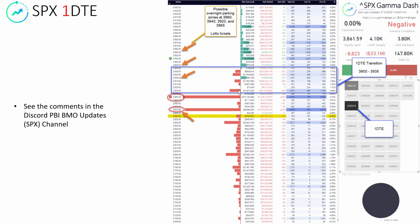The 1 DTE, we do watch the 1 DTE. So this is our view into tomorrow. 3870, 3890 are key levels. If the price is above that, these will be out of the money. Charm flows will be to the north. They will push us upward. Contrary, like you see right now, if we are below, these will be in the money, puts dominating the conversation for tomorrow, and charm flows will be to the south. So you just keep that in mind, and this is why we tend to pin